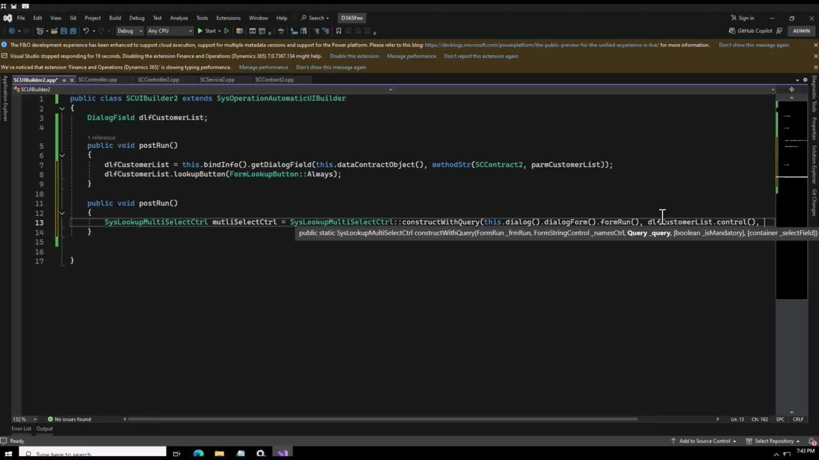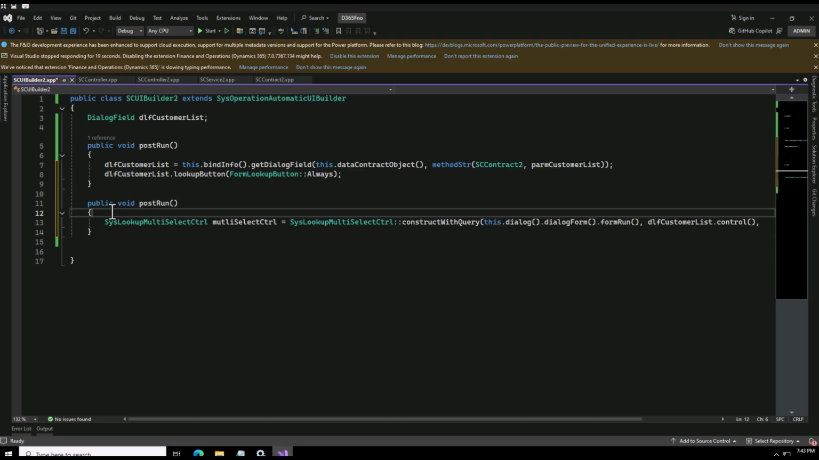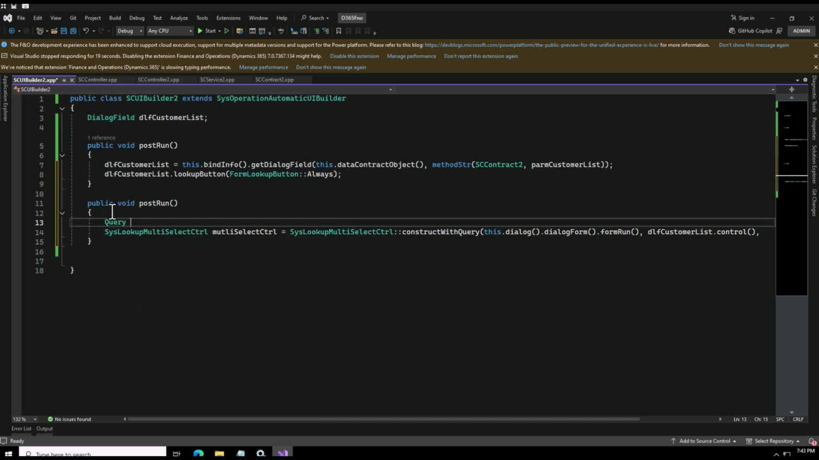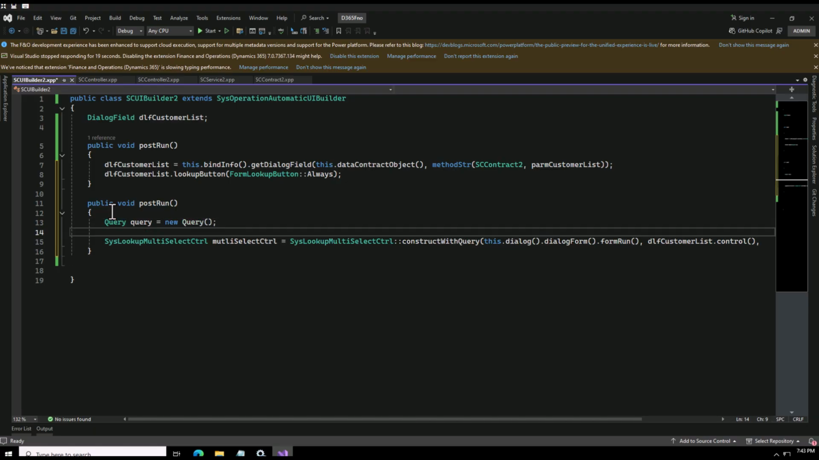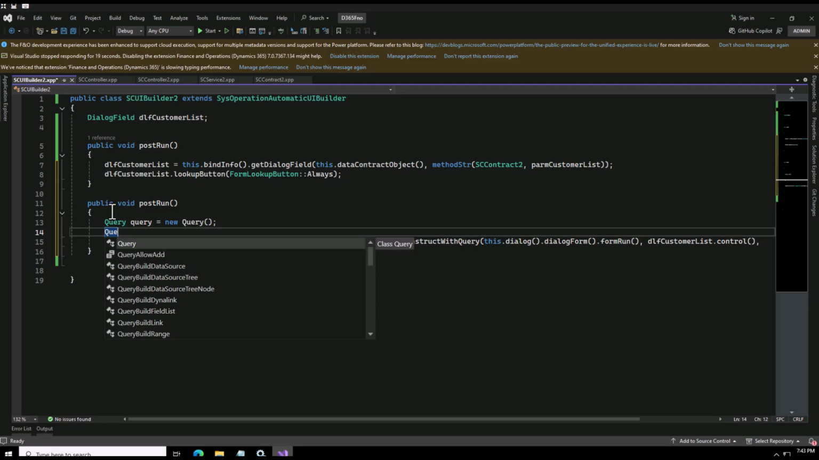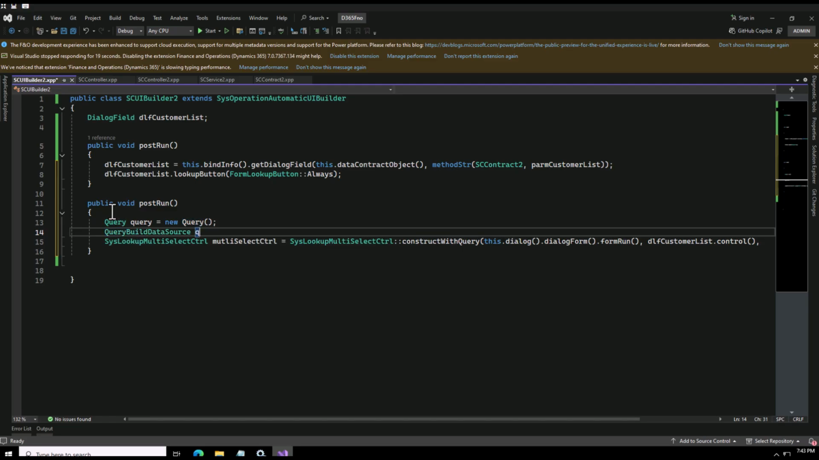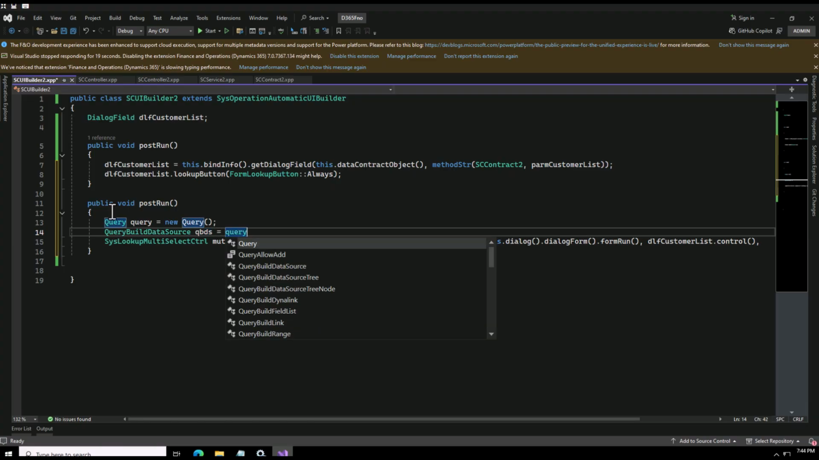Now the next thing is you need to pass a query. Okay, so for that you will need to create a query. Then again you need to specify here boolean whether it's mandatory, or you need to tell what all fields you need. So first of all, let's create a query, as we need a query. So I'm going to create a query. I will say query equals to new query. Here I have simply created a query. Now inside my query I need to use a data source. So I'll say query build data source qvds equals to, and now I will link the,